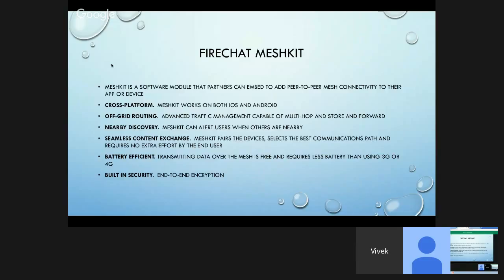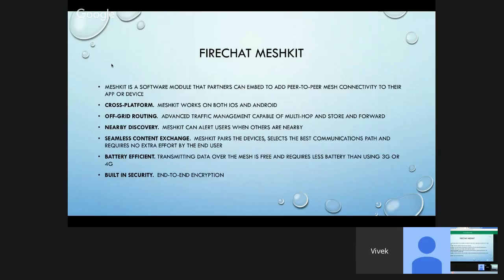It also automatically connects to other devices, to people that are nearby. And seamless content exchange, so it pairs the devices and finds the best path, and the user doesn't have to do anything. They just have to leave it on and let the app do the work for them.